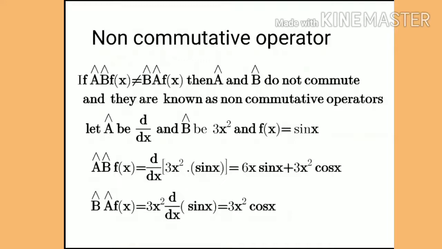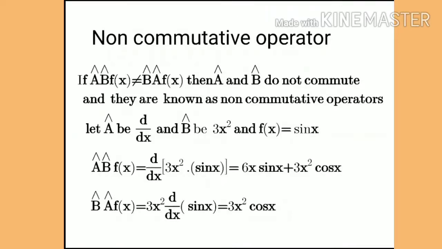Example: let a cap be the first operator, d upon dx, and b cap be 3x square, and the function is sin x. Then a cap b cap fx is equal to, so first of all we will